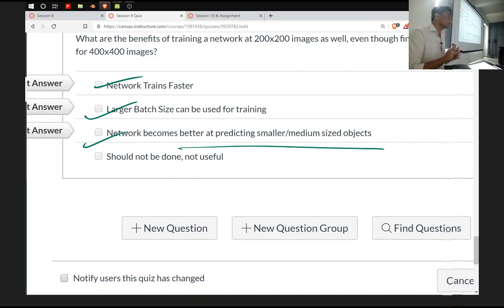Yeah. Arun, what are the disadvantages? Like the network won't be deeper and accuracy will be less, maybe. Why is that? Because if we have an image which we are giving as an input 400 by 400, and the object size is